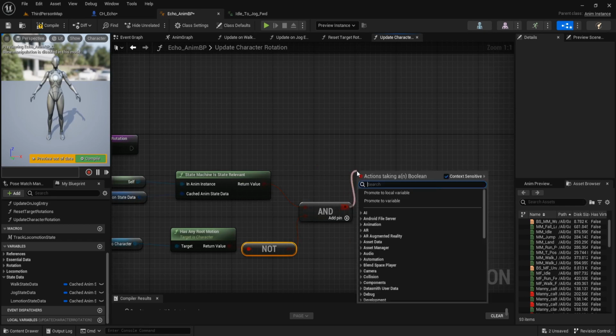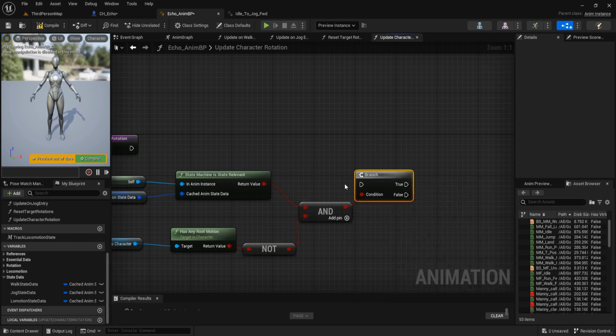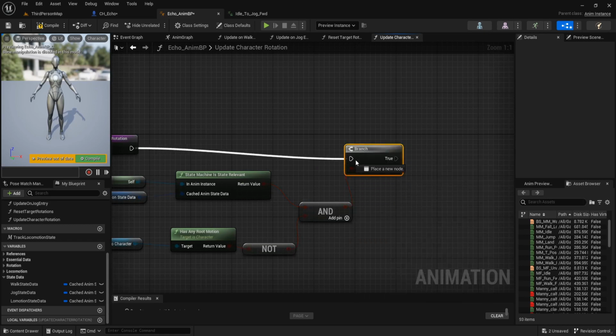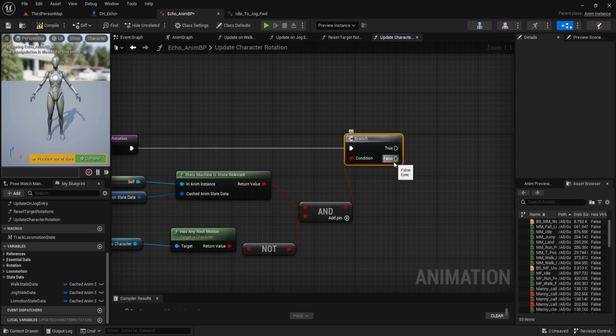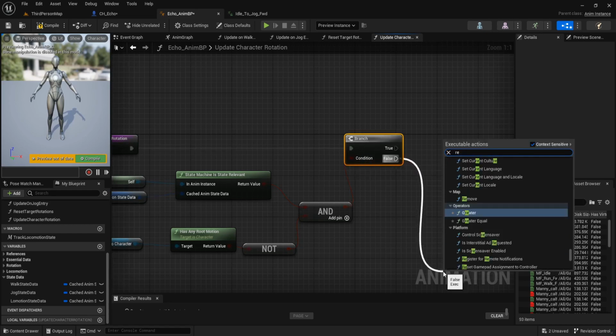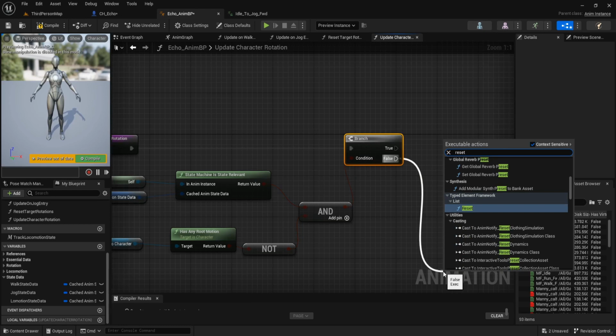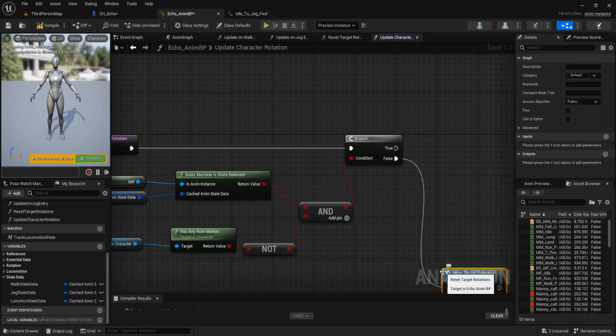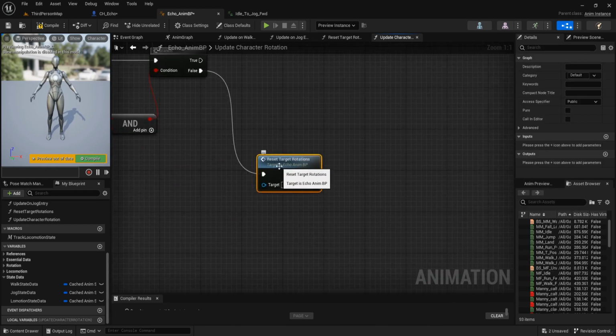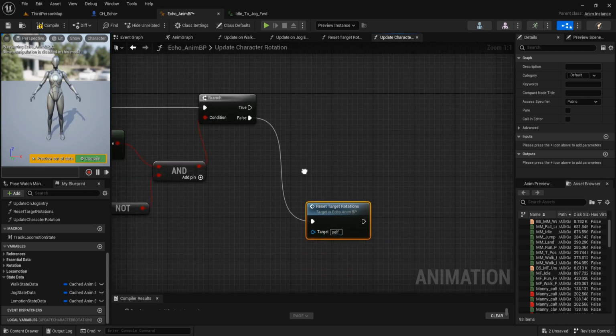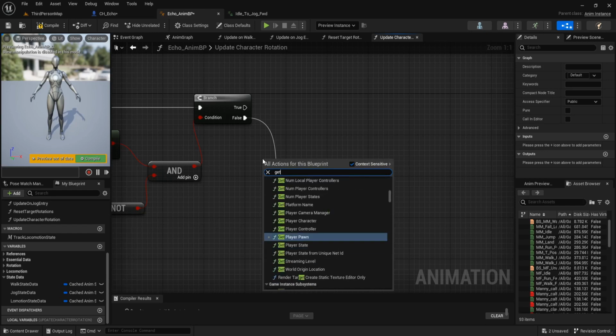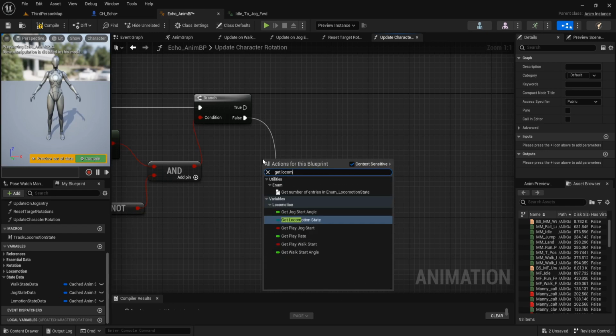Then create a branch. If it's false, we reset target rotations. And if it's true, get locomotion state.